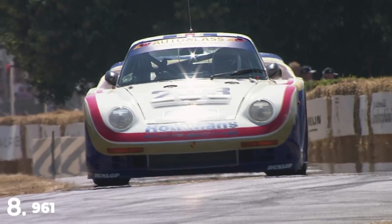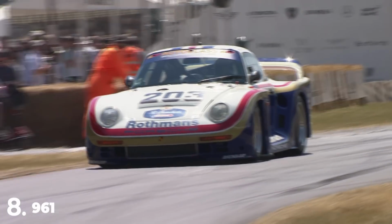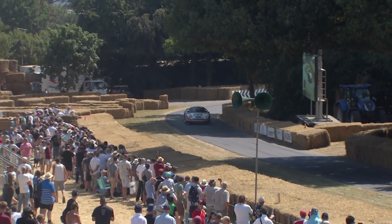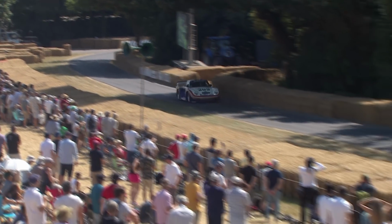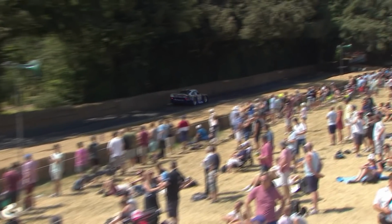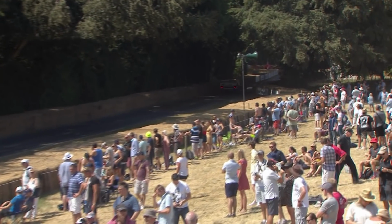Now, here's the 961 of Günther Steckkönig. This is the race version, effectively, of that 959. Bit more aero, rather squared-off rear bodywork, and it wasn't really the greatest of cars. It ran in the GTP category, didn't it? But it didn't really have the pace to run at the front, and it had a rather fiery end